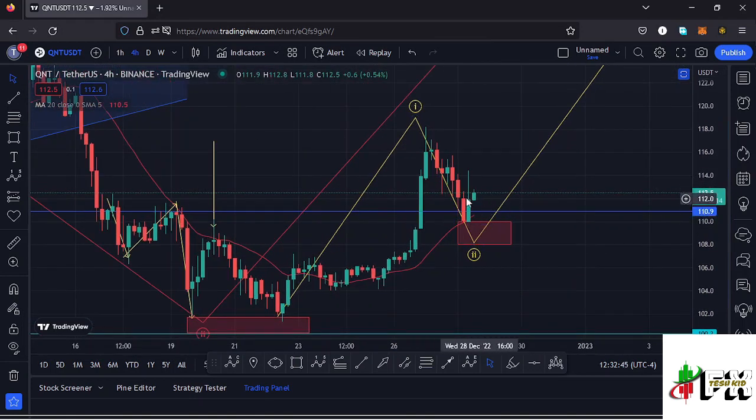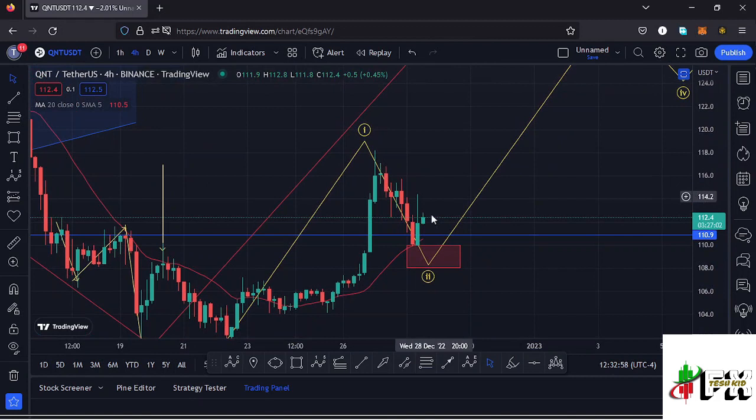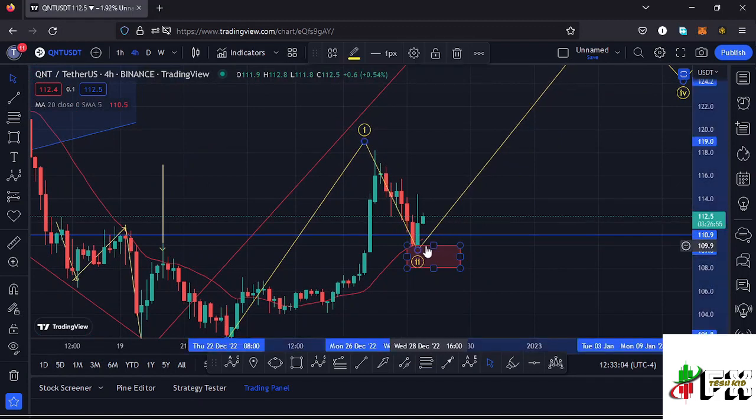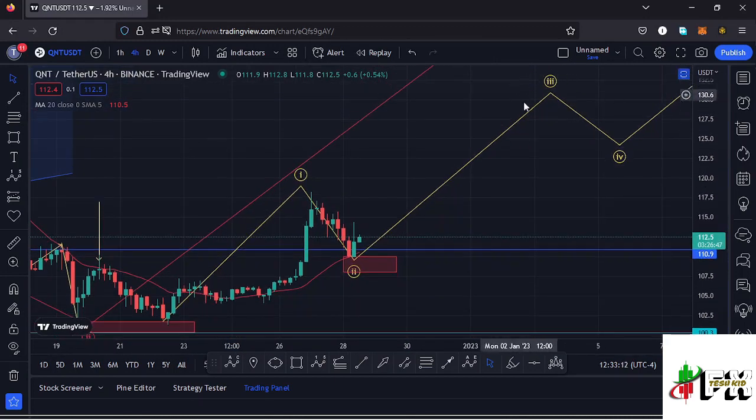In case we lose the area of support at around the $110.9 mark, there are chances of fully maximizing this target area, and you can see we have started to see a reaction of the fib level 0.5, and there are chances that we might have seen the low for this second wave. And now that we have the support of the area at around the $110.9 mark, there are chances of continuing to push even higher in the formation of this wave 3, and sketching out a minimum target area to the